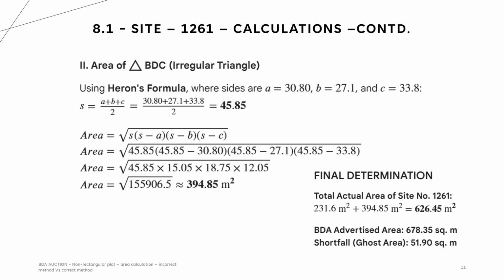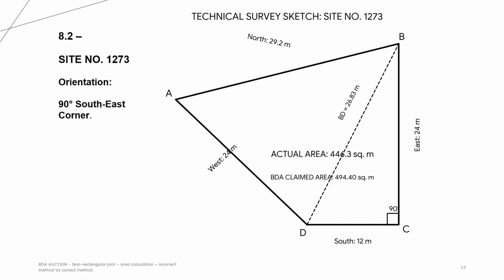So the final determination is the total actual area of site number 1261 will be 231.6 plus 394.85 equals 626.45 meters squared, whereas BDA has advertised the area as 678.35 square meters, and therefore the shortfall will be 678.35 minus 626.45, which will be 41.90 square meters. Similarly, for site number 1273, we have provided the sketch and the dimensions which they have mentioned